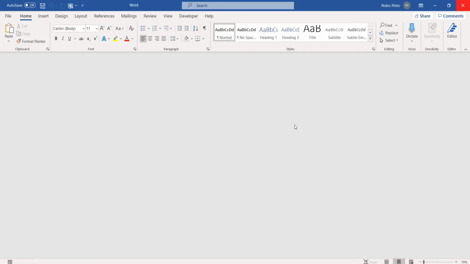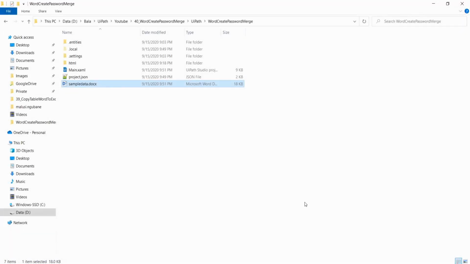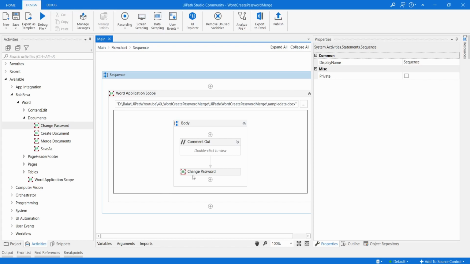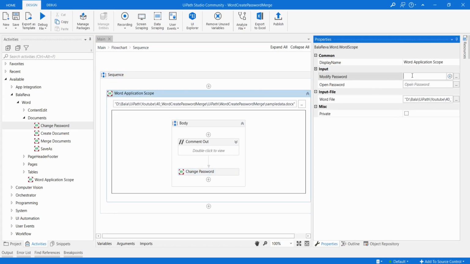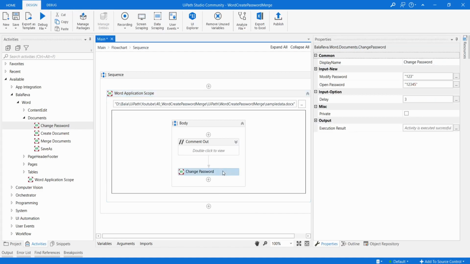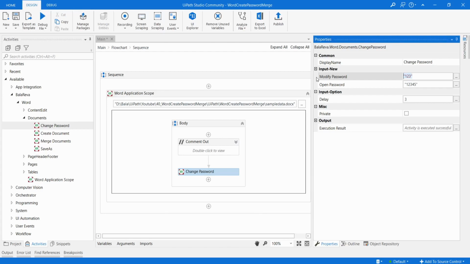If you want to remove the password, you can use the same activity. Now the file has the password, so we have to set it in the Word application scope. The modify password is 123 and the open password is 12345. You can use the same activity to remove the password. You just set it empty.